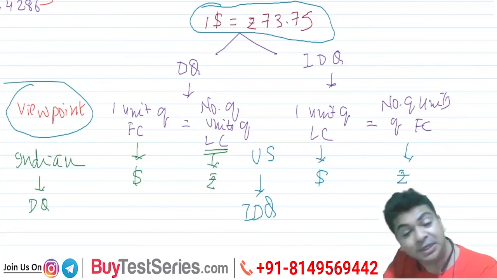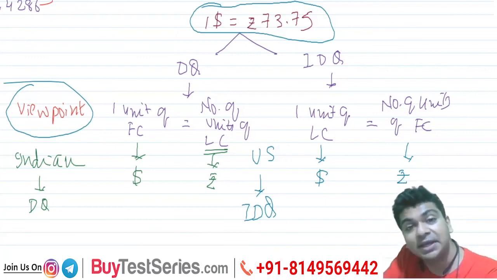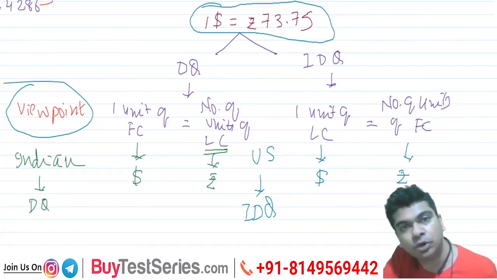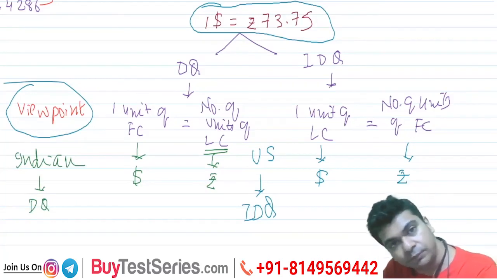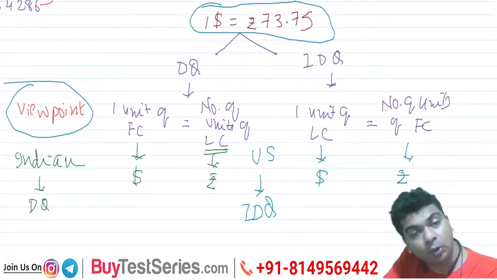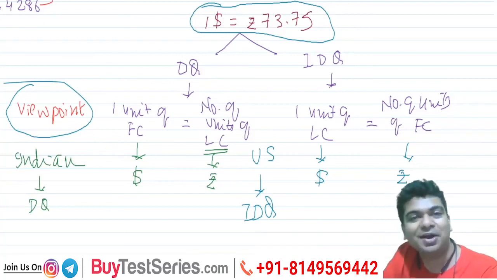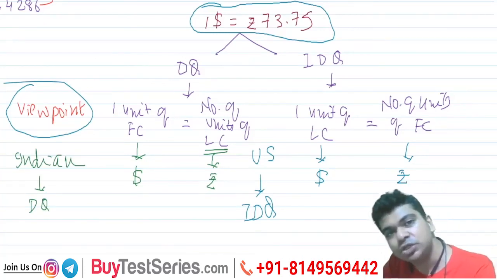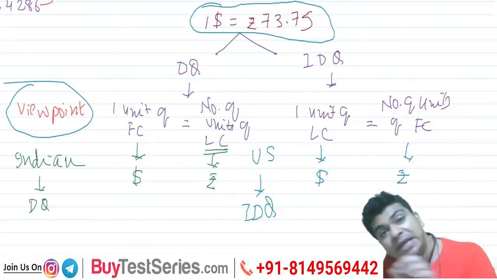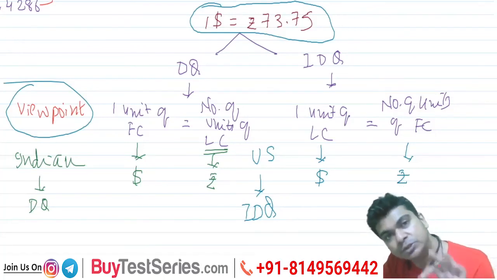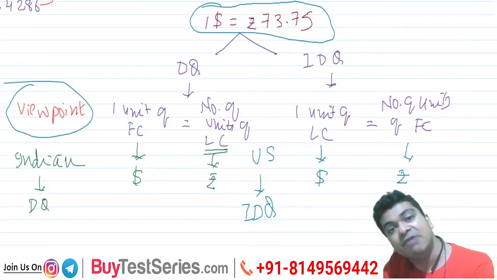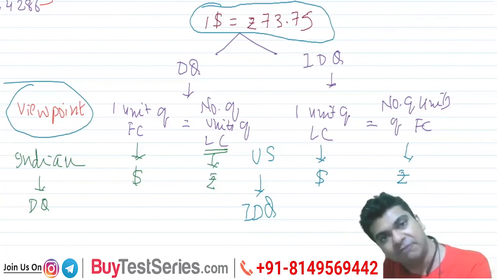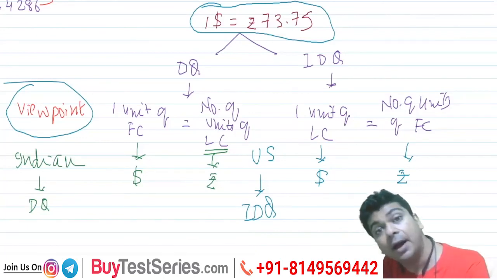So no quotation is direct, no quotation is indirect. It is the viewpoint which will decide whether it is a direct quotation or an indirect quotation, right? If it is an indirect quotation, convert it to a direct quotation. Direct and indirect quotations are reciprocals of each other. So I will simply say 1 upon whatever exchange rate they have given, and I will convert it into a direct